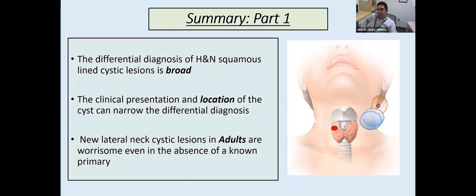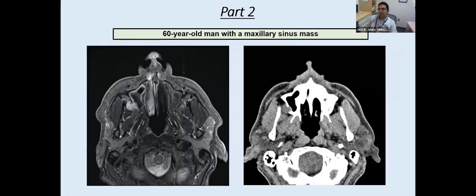So I'll spend the rest of the talk on this part 2 case, where it will give me a chance to talk about some spindle cell lesions of the head and neck. So this is a 60-year-old man with a maxillary sinus mass. You can see here that the mass is enhancing, and it's occupying quite a bit of the maxillary sinus, and